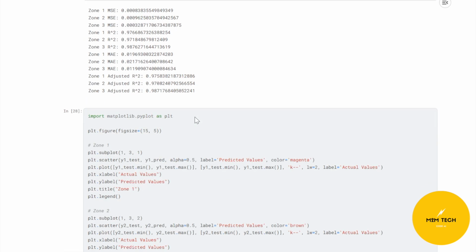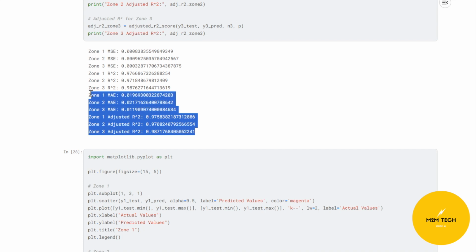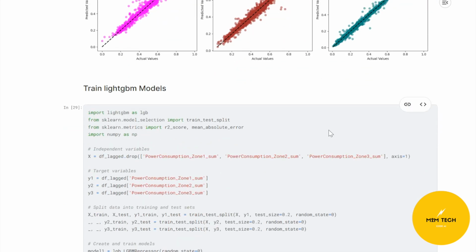And then I tried XGBoost, sorry, and the values are like these. It is good also, and I created dashboards for XGBoost. And then finally I